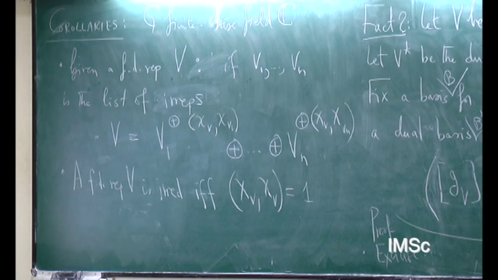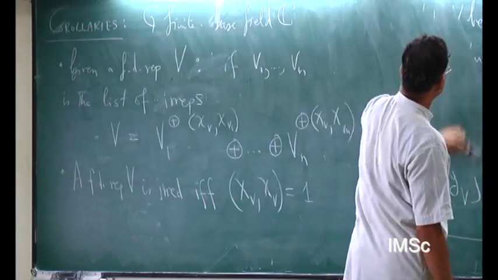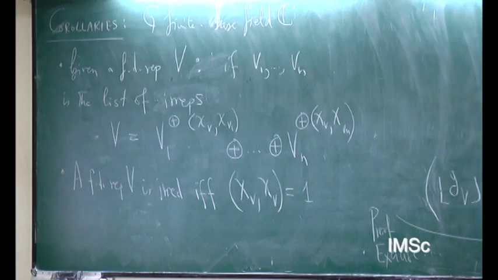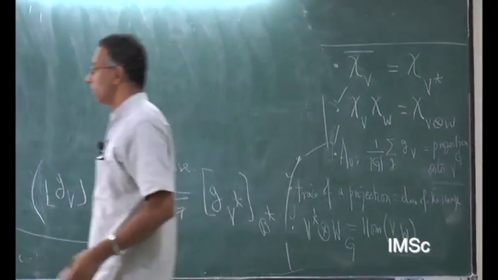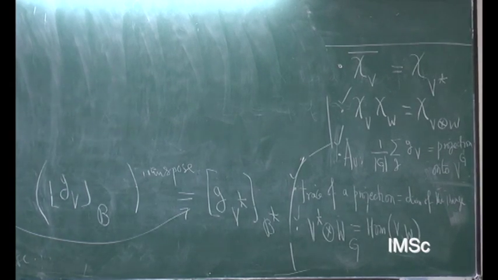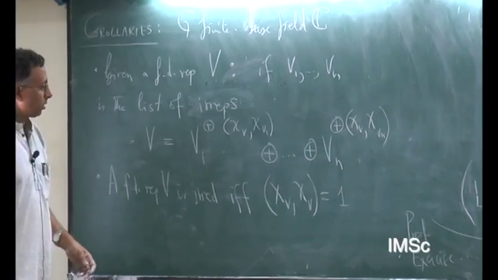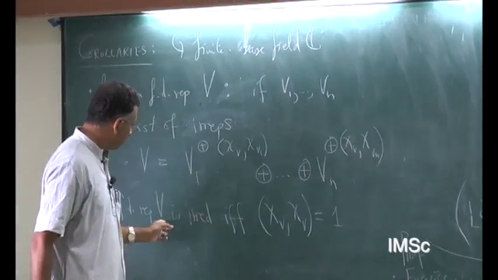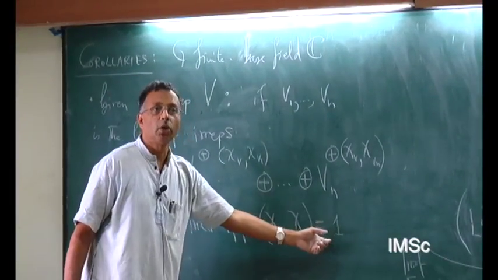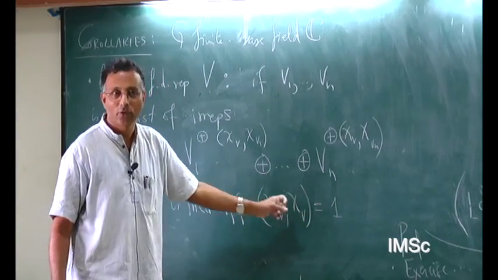Okay. Let's apply this. So is this clear? Now, of course, if V is irreducible, then this is 1 because that's part of the theorem. Right, that's an orthonormal basis. But